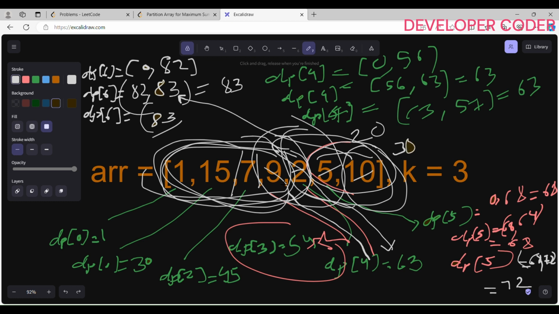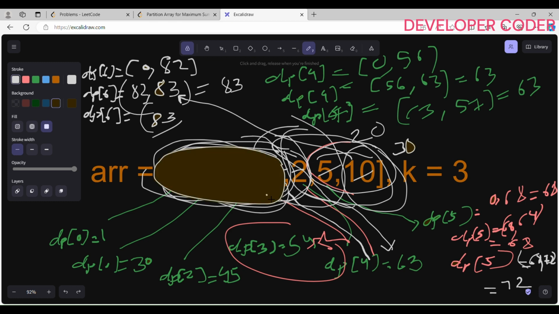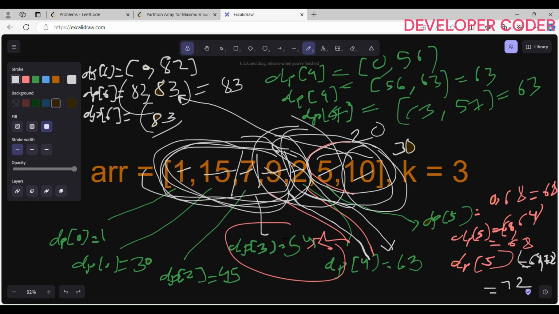And what is the maximum sum till here? That is this dp of 0, this is dp of 1, this is dp of 2, this is dp of 3. So what is the maximum sum till dp of 3? As I can see here, it is given as 54. This is 54 till dp of 3, and this one is given as 30. So 54 plus 30 is nothing but